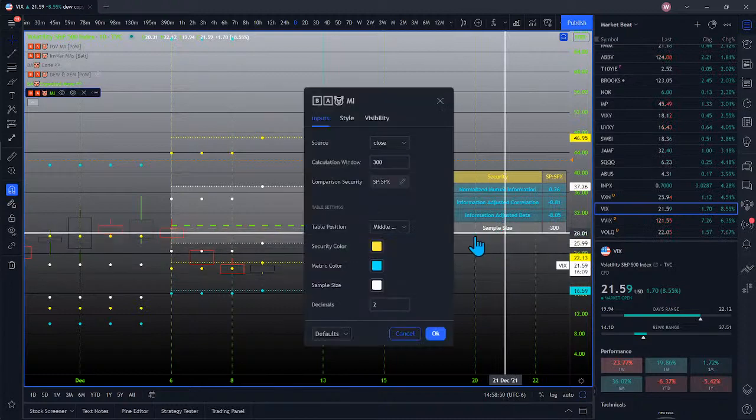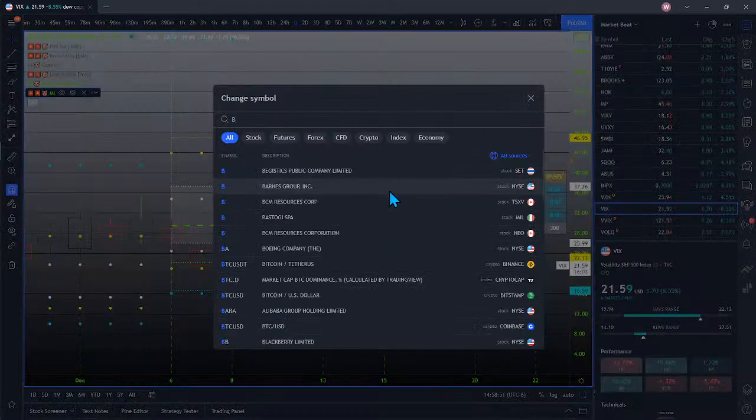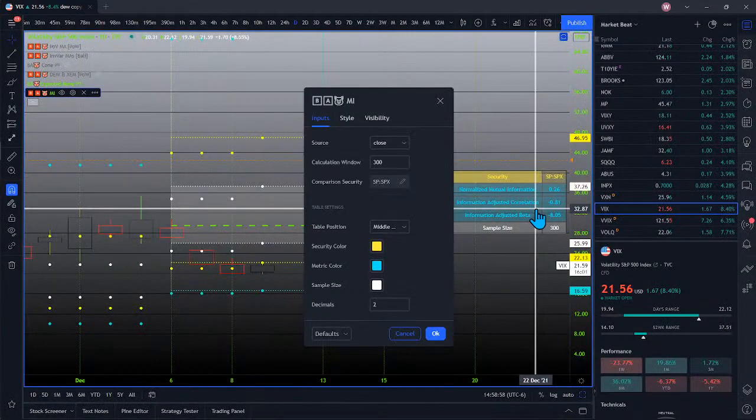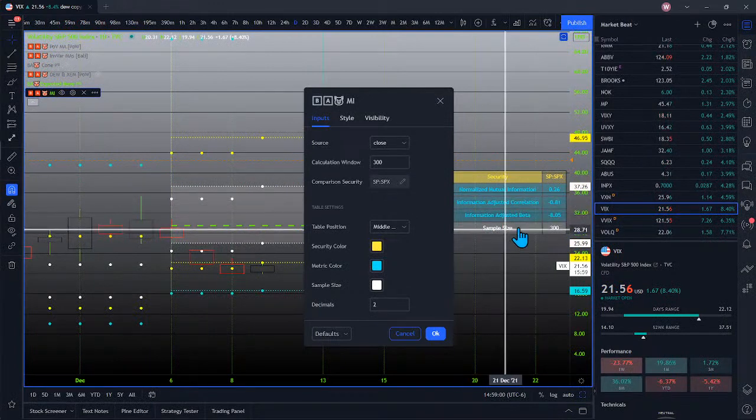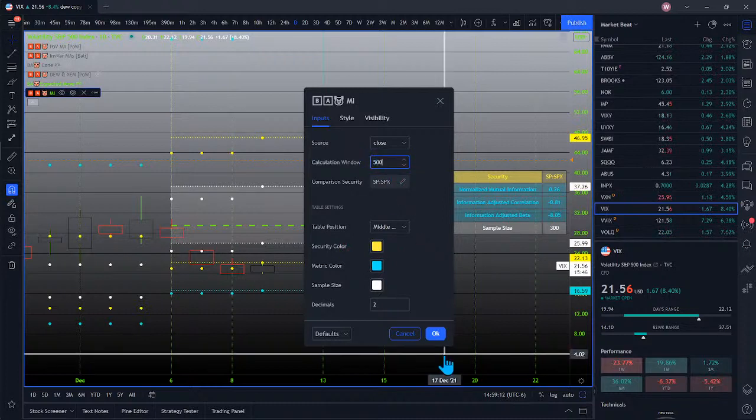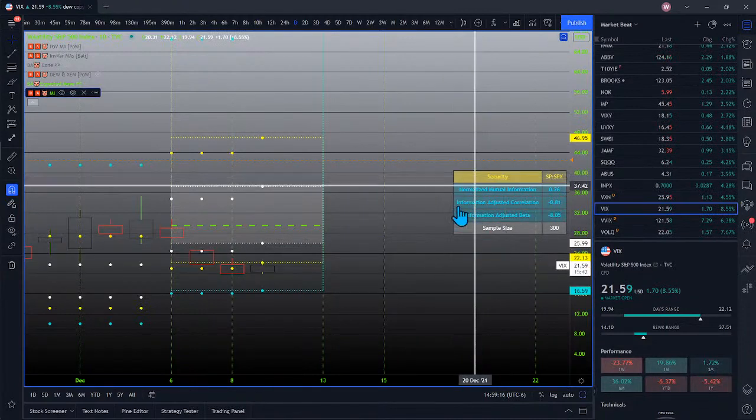So then we can put this onto Bitcoin, right? Or let's stay consistent here. So we have it on the VIX, right? And yeah, exactly. It does take a large sample size. So let's see, but anyway, to be able to